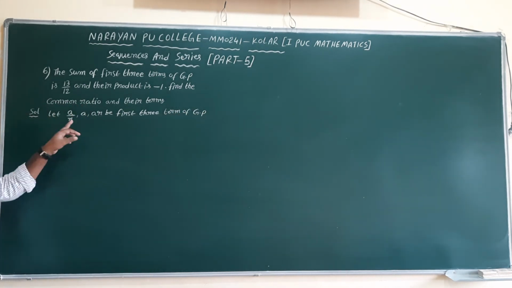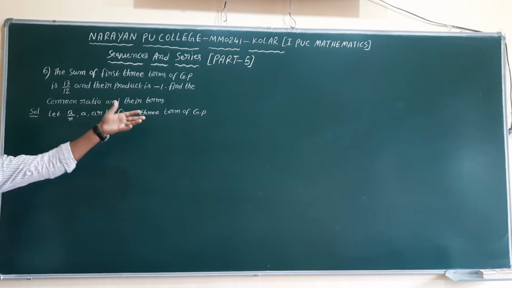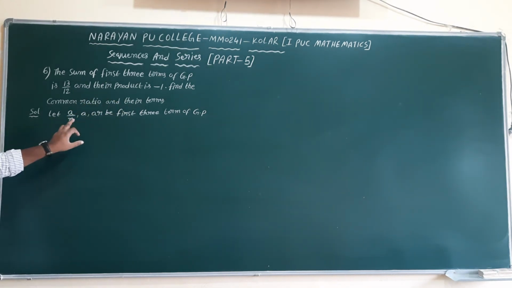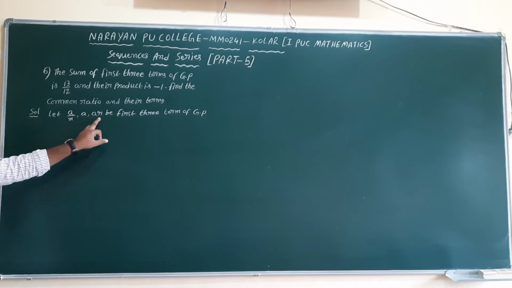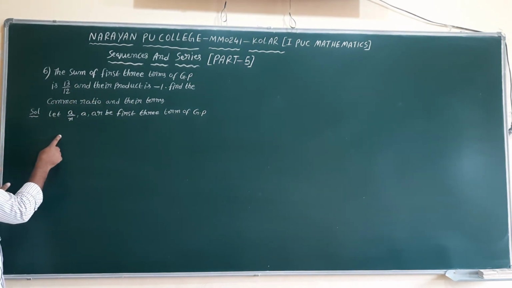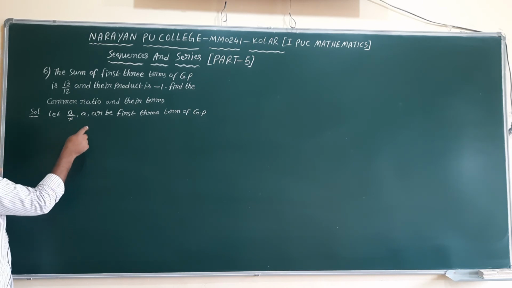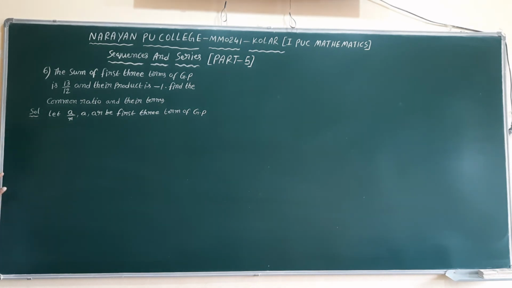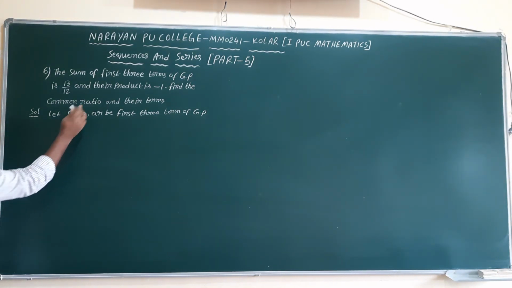See, it is also in terms of GP only. See, while producting this, R cancel, will get A value some value. That's what whenever product will give, the terms we need to take in this form. A by R, A, AR. Don't take general terms. If it is 5 terms we want A by R cube, A by R, A, AR, AR cube. Like that we need to take the terms.